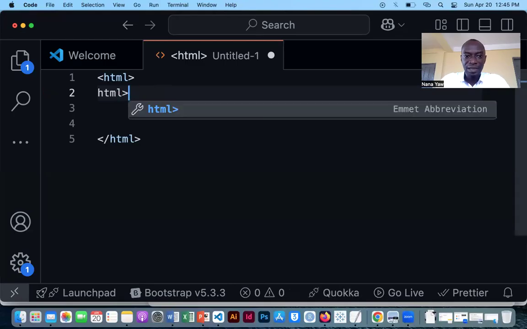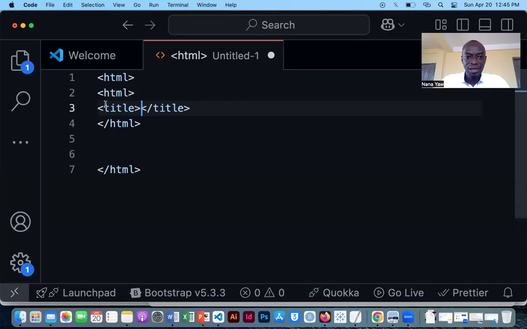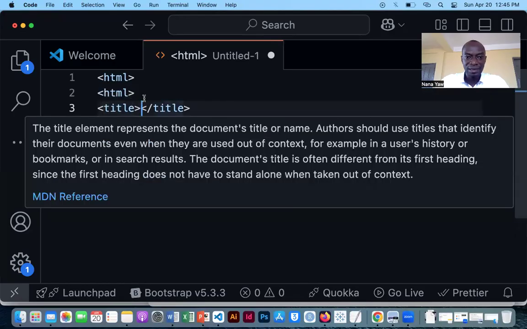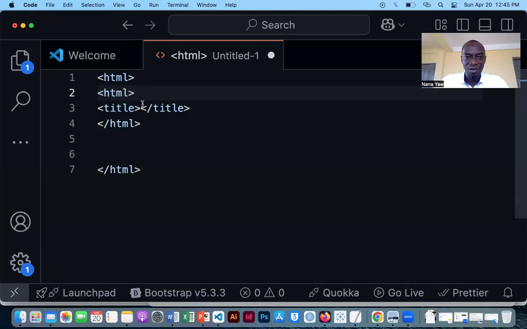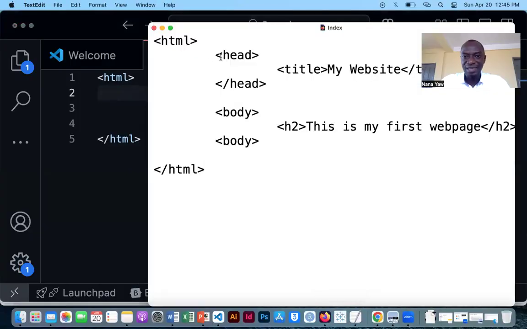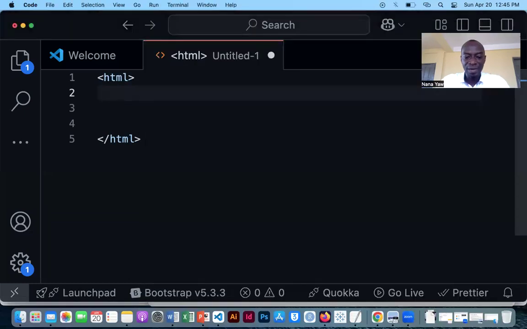Once I do HTML and title and I hit start, you see it's created this for me. Okay. So instead of doing that, now I'm getting into my head. Inside the head, there's a title. So all I need to do is come here, tap, and then write head, title,